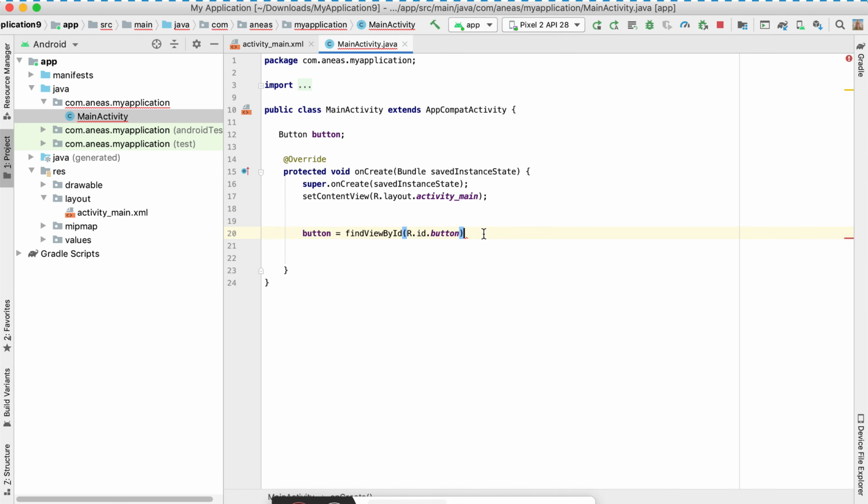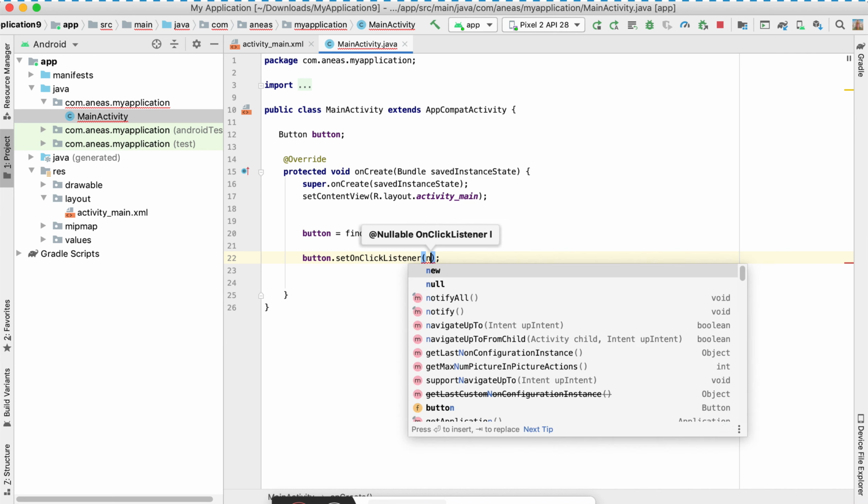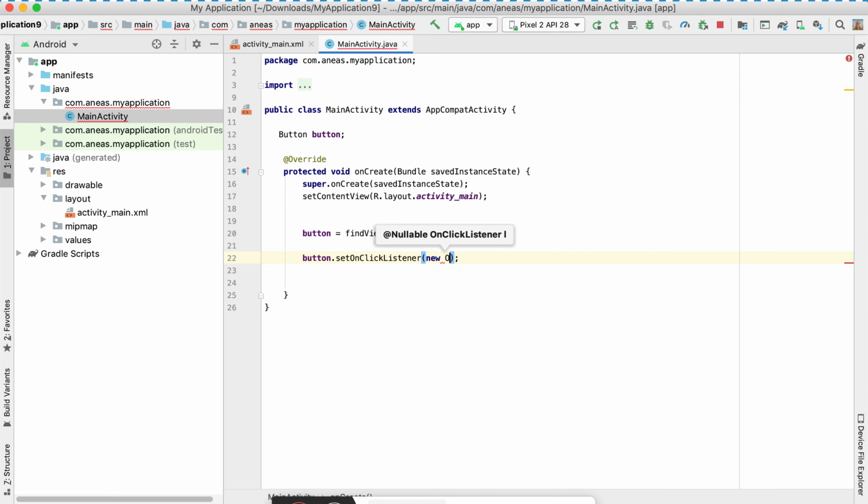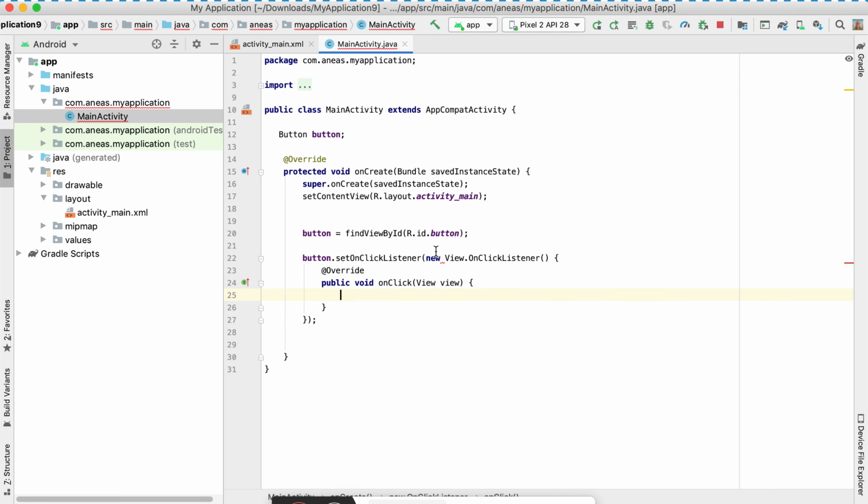And let's put a semicolon. So now we have that. Now we're going to create button dot set on click listener. So what we're creating right now is the code for what happens when the button is clicked. New on click listener. So this code here means that whenever this button is clicked,